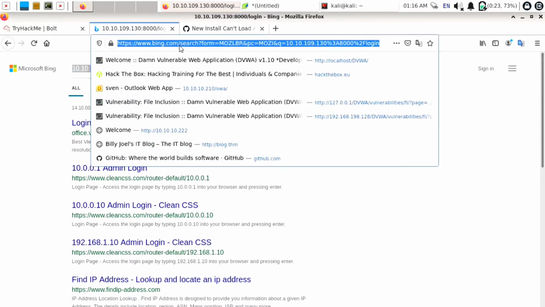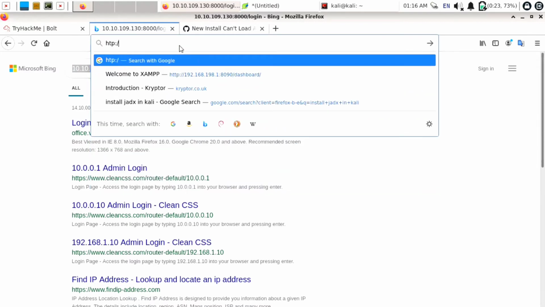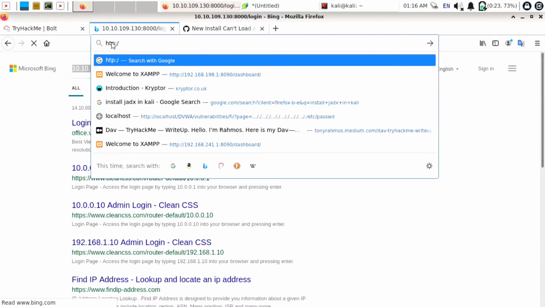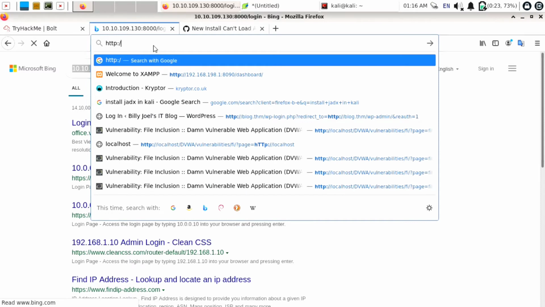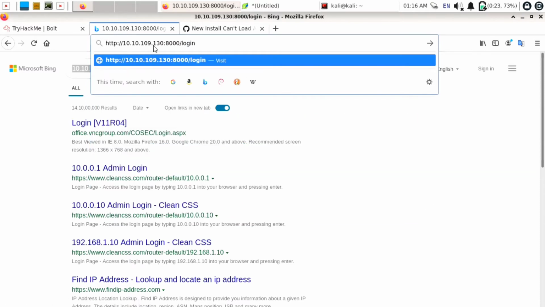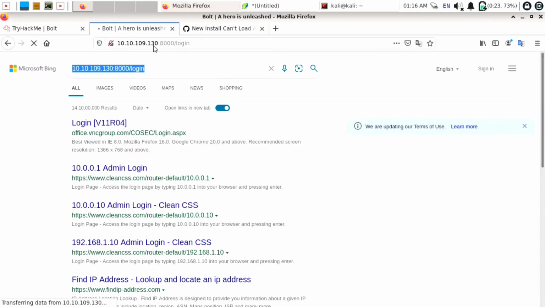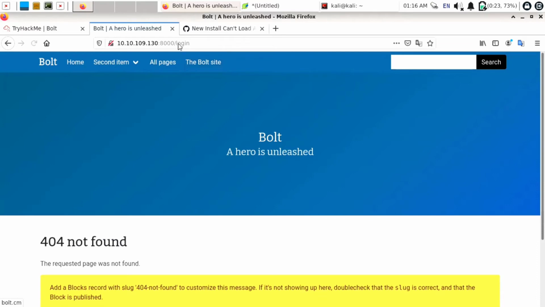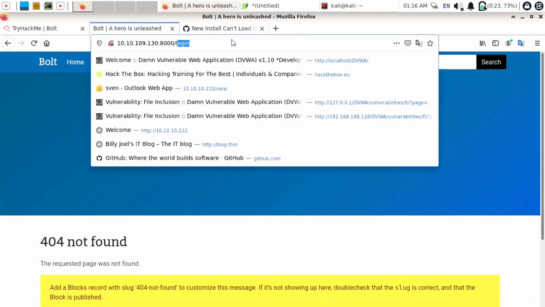Open the browser and use http:// for hypertext transfer protocol, http:// and paste our URL. Okay, it is redirected to a 404 page not found.